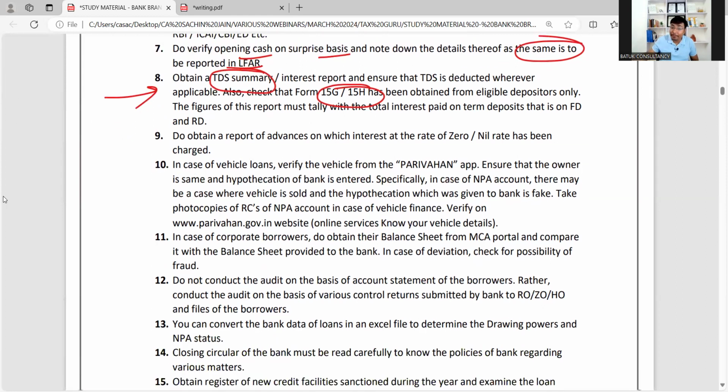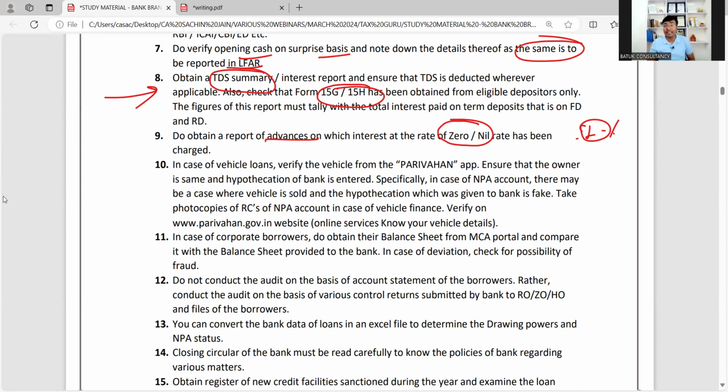Do obtain a report on advances on which the rate of interest is charged as 0 and nil. Suppose the balance is 1 rupee. In that case, there may be chances that they go there and feed the rate of interest as 0. But we need to check very carefully that in certain accounts, the bank may have manipulated